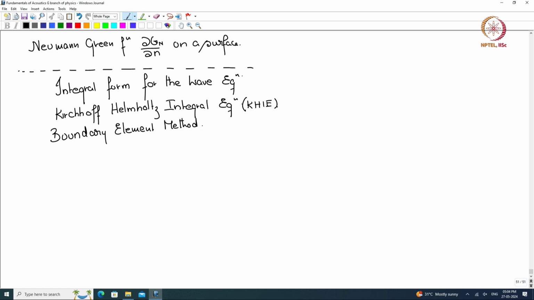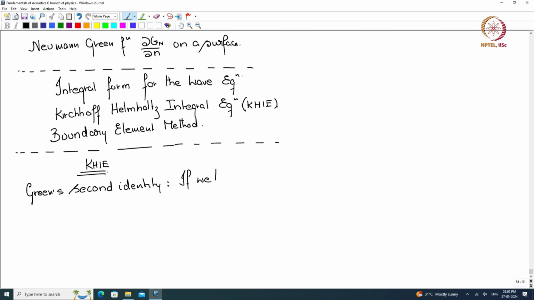Okay. So, now let us start deriving the KH integral. It begins with the Green's second identity, okay, Green's second identity. And what does it say? It says,